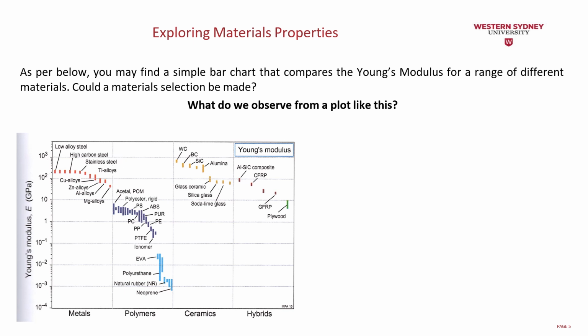We can see that we have the Young modulus for four different categories of materials in general. Okay, so the metals, the polymers, ceramics, and the hybrids. You can see mainly that for the metals, we are going to have a higher value for the Young modulus. This will drop in the case of the polymers, and it's going to be higher in the case of the ceramics, and it's going to be in between for the case of the hybrids. In general,